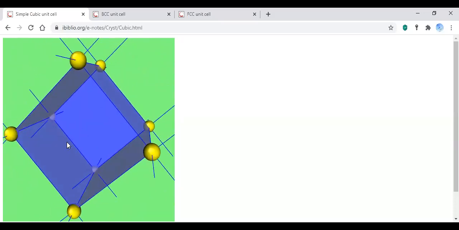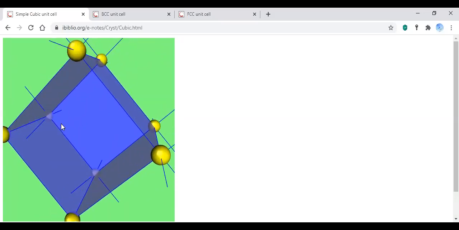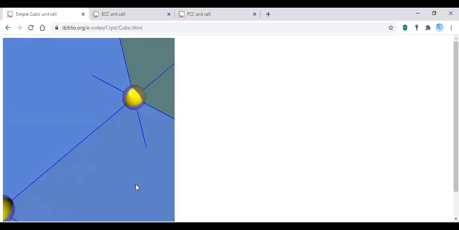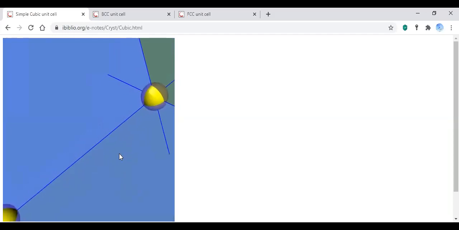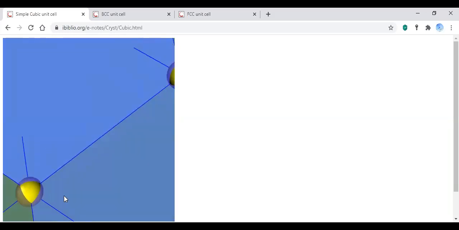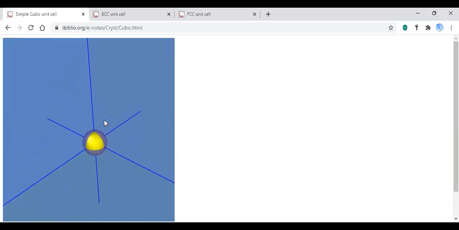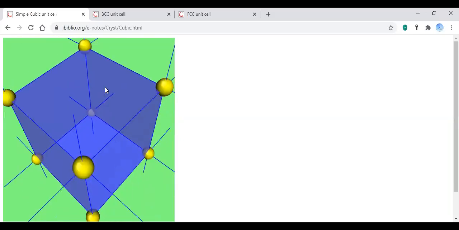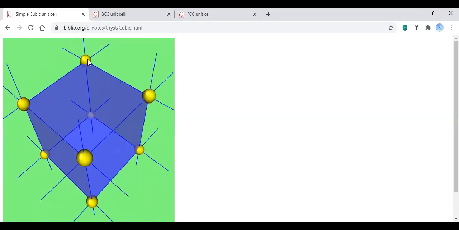Now I will zoom into the unit cell. You just focus here. If we zoom here, you can see that inside the unit cell, of this yellow sphere, 1 by 8 portion is present in the unit cell. Again, in this corner, 1 by 8 portion. Hope you are getting that. Just observe keenly. For each corner particle, 1 by 8 portion belongs to the unit cell, and the remaining is shared by the neighboring unit cell.